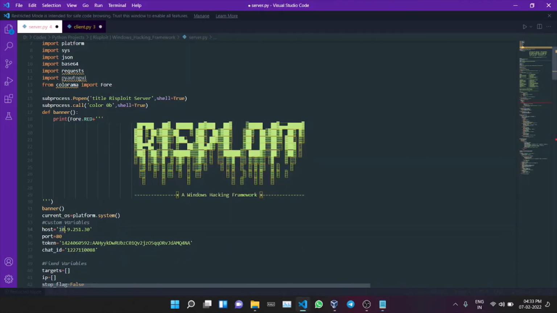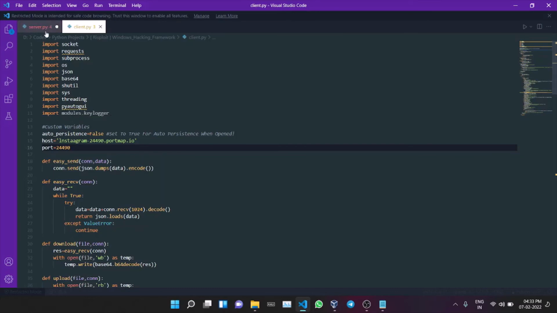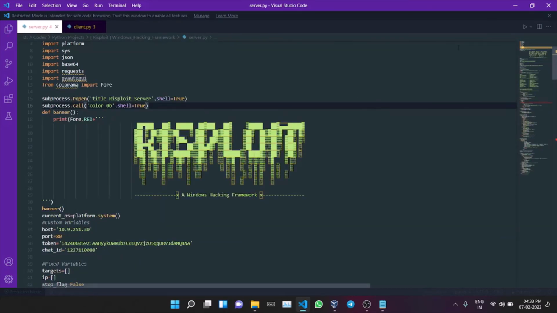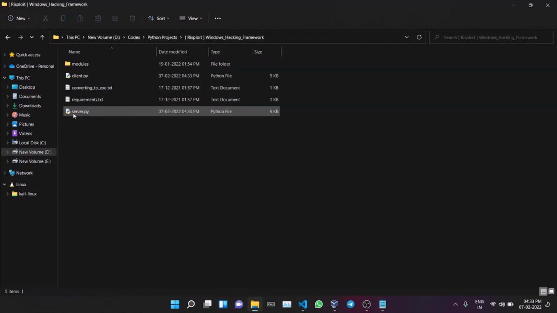So this is the private IP of our system, not the Wi-Fi interface. It is the IP of the tun0 interface, or the OpenVPN interface. This is our private IP address, and this is our port, that is 80. We are listening for connections on this address, and our client will send the connection to this address, which is accessible publicly. So anyone on the internet can access this. Let us save these two things first. Let me save both scripts. Okay, now these things are saved. Now let me show you the demonstration.